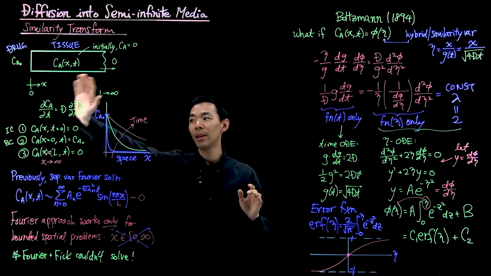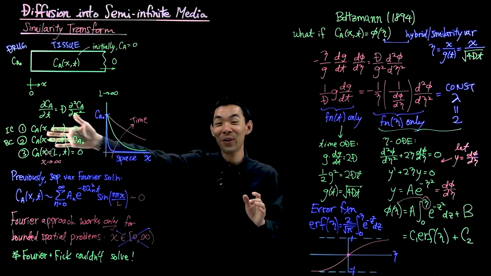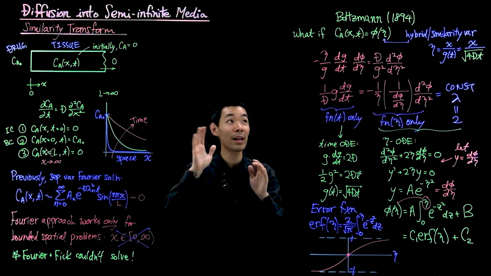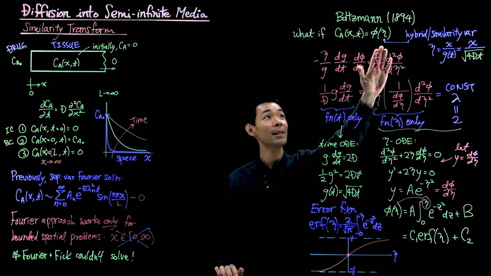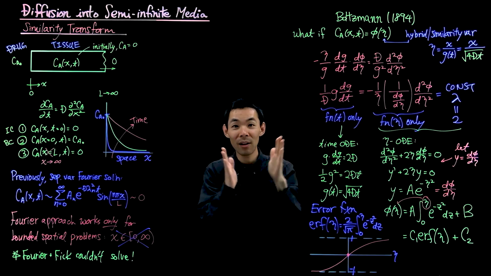We have this diffusion equation we want to solve. We haven't even applied the boundary conditions yet. Forget about the boundary conditions, initial conditions. We're still working on the diffusion equation only, the governing equation. Boltzmann made this guess. We're going to collapse x and t. Space-time gets collapsed into a single